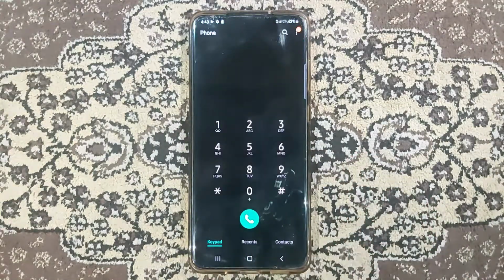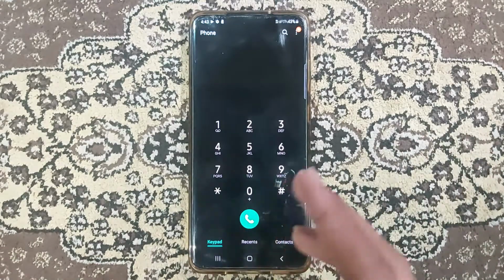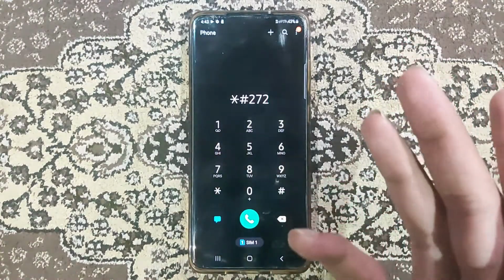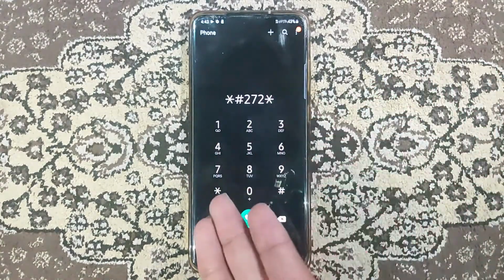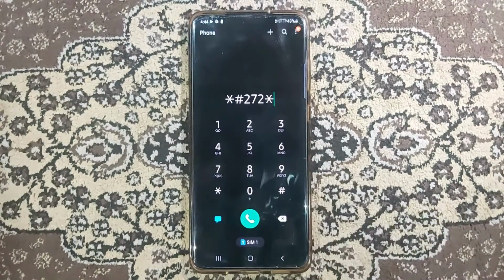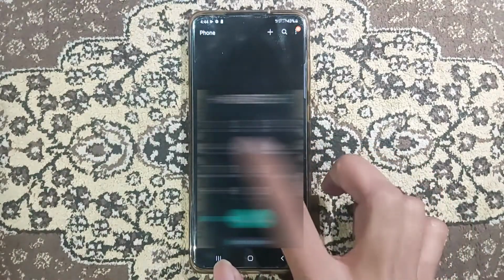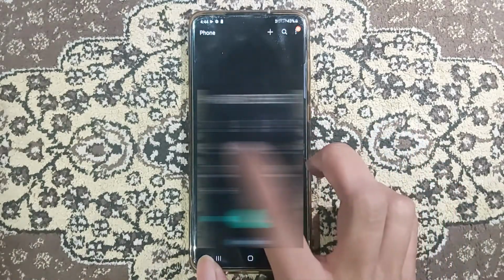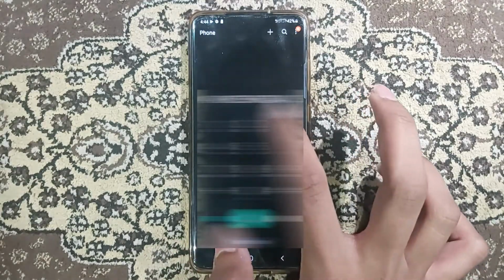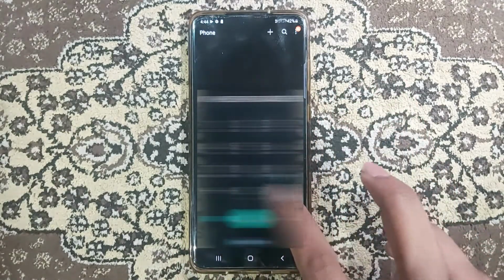So now, for example, if you want to go back to the CSC, there is an option. I think you guys all know, it is *#272, the thing which we did, and then your IMEI number, and we will go back. We will check that out right now. I will be punching in my IMEI number to change CSC if we are able to do that.